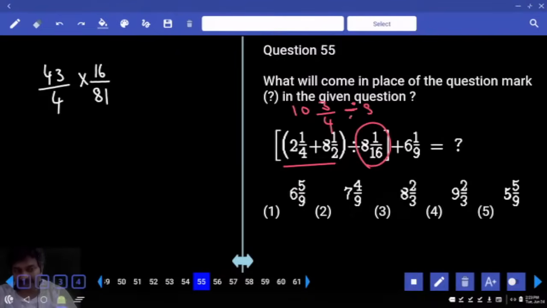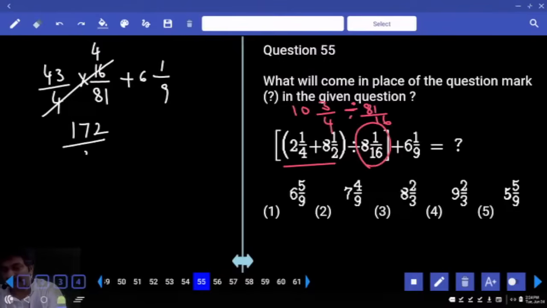Divided by 81 by 16, we are writing it as into 16 by 81. Are you fine? Plus 6, 1 by 9. 4 times, numerator 43 4 times, 172 by 81. 81 2 times, 162. 10 by 81. Plus